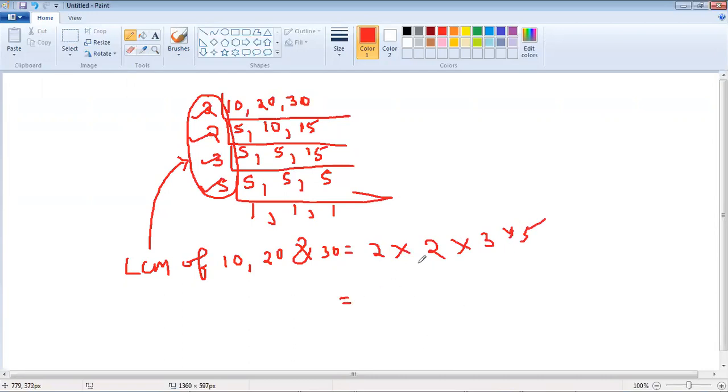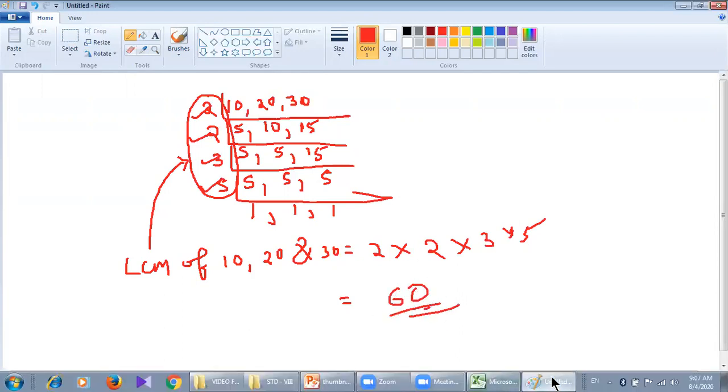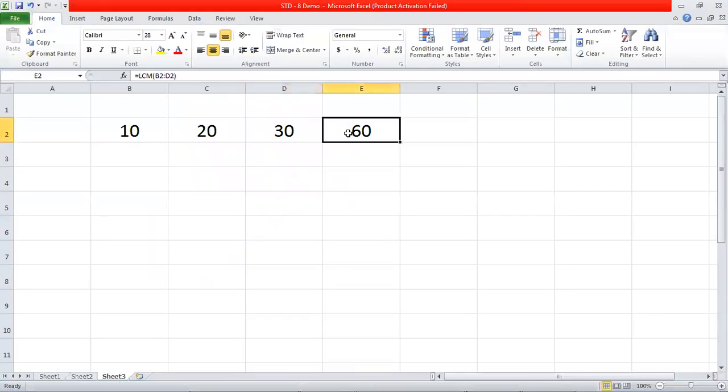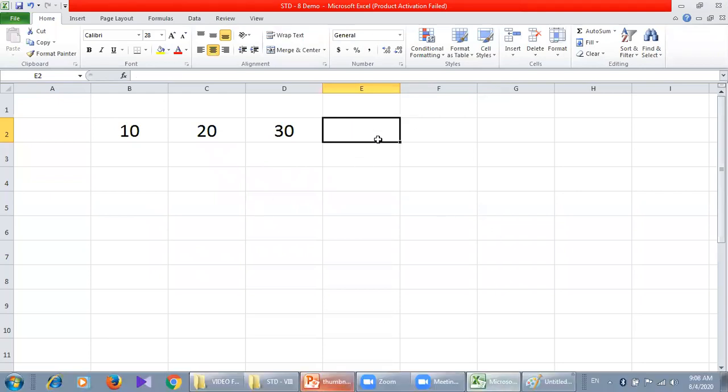You will get two 2s are 4, four 3s are 12, twelve 5s are 60. So directly we can use Microsoft Excel in order to find the least common multiple. Clear? Now there is another way to find the least common multiple.